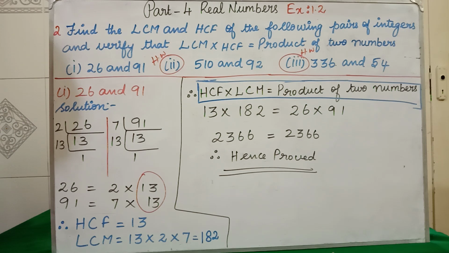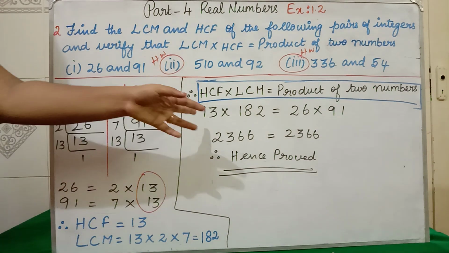Afterwards, what you have to do? You have to see the same numbers that are there, and put an oval around them. Take that one number and write it as the HCF. The numbers left, write them as your LCM, and the oval number also write one time. That is your LCM. Clear, all of you?